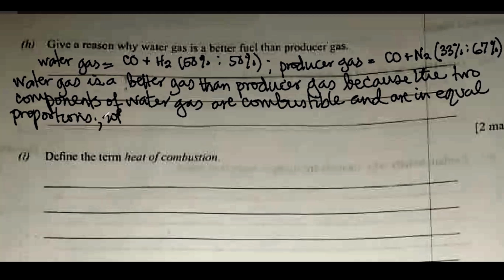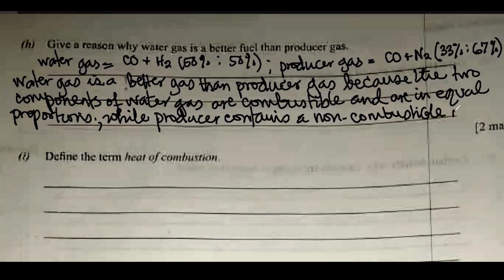Whereas producer gas contains a non-combustible nitrogen. A non-combustible what? Nitrogen, which has the higher what? Which has the higher